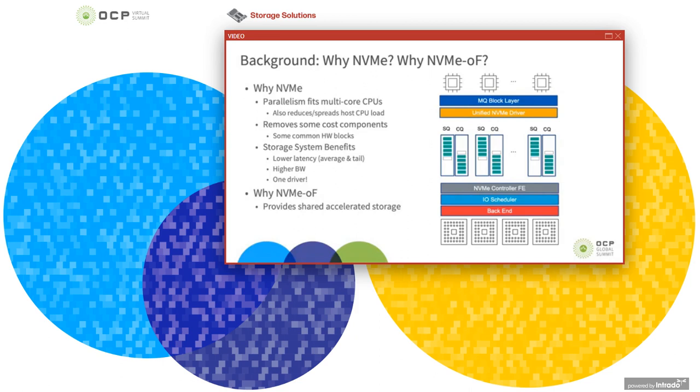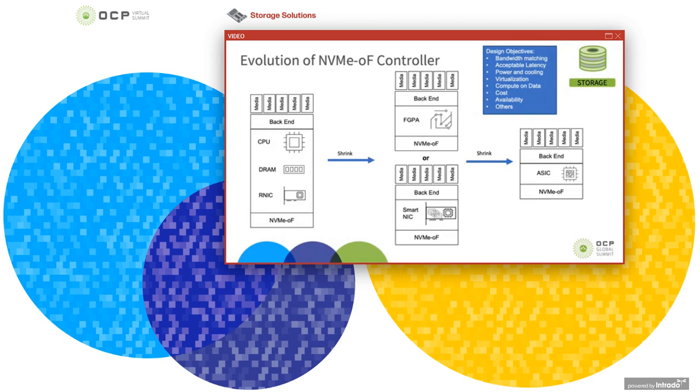Let's move on to the evolution of NVMe over Fabric controllers. Starting from the left side of the slide, going back to the early days of NVMe over Fabrics, some of the demos at the time used standard off-the-shelf servers with server-class CPUs, DRAM, and RNICs. The first demos of NVMe over Fabrics were generally NVMe over RoCE. Now, that made a lot of sense at the time that they used standard off-the-shelf servers. The part of the standard that described NVMe over Fabrics, things like capsule formats, the various bindings and so on,